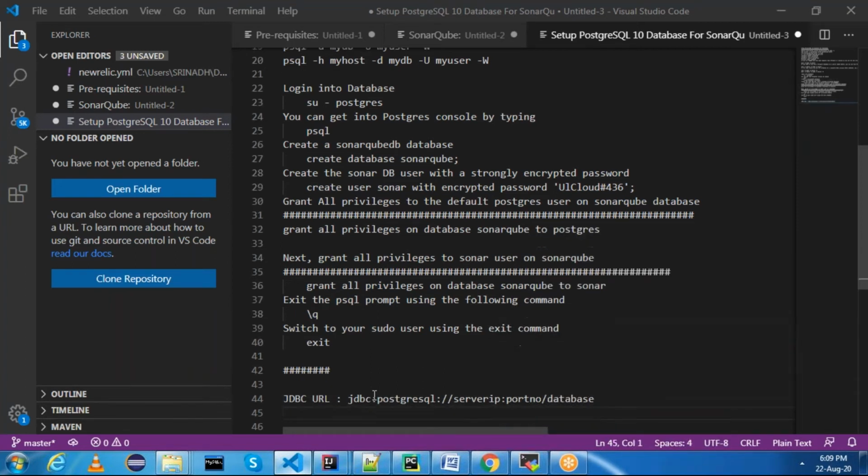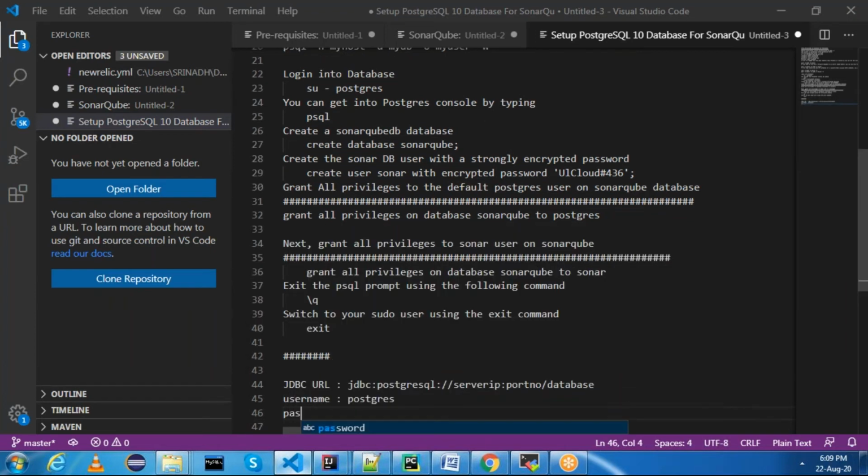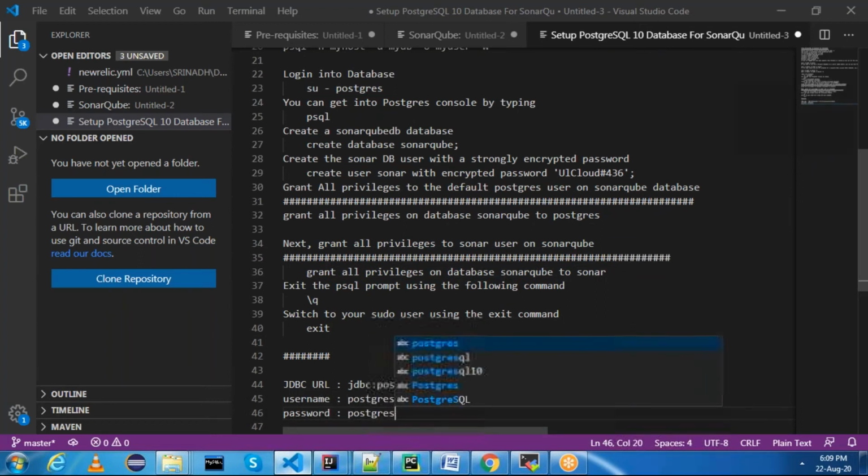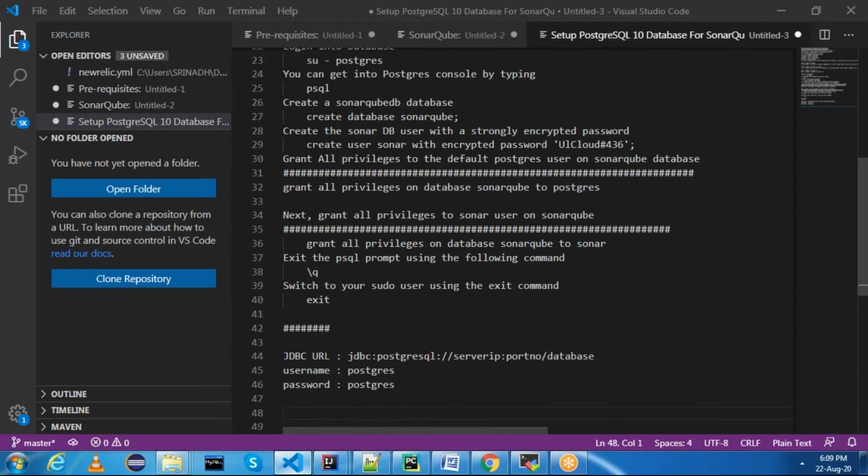This is the JDBC URL, and then you need to pass the username. You know the username already. Username is postgres, and the password I kept as postgres. These are the three things which you need, and you need the driver as well.